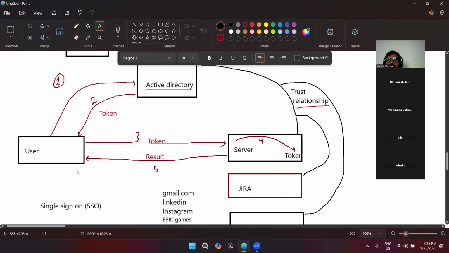See again, the whole purpose is we have to eliminate the username and password storage from the server. If you are directly accessing the server, then again you need to authenticate that initial username and password, right? No, what I'm saying is, let's say the user puts in his username and password, and it reaches the server. Then the server will send this username and password to the Active Directory for authentication, and Active Directory will authenticate and release the access, let's say the RBAC, for the user, and then based on that the server will grant the access to the user. Isn't that how it is supposed to happen?